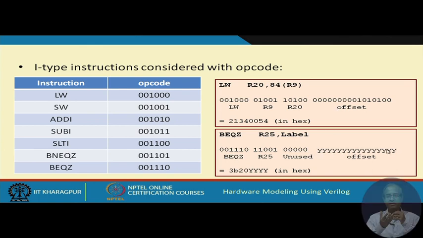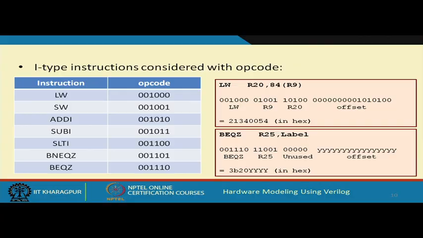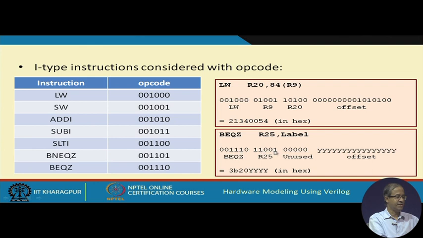So, what will happen is that this offset value will be added to the contents of the program counter, and that way the address of the next instruction will be calculated. This is how branch will take place, right. And this number if you convert to hexadecimal, it will be 3B20, the last Y's I write as YYYY, okay. This is 3B, 2 and 0,